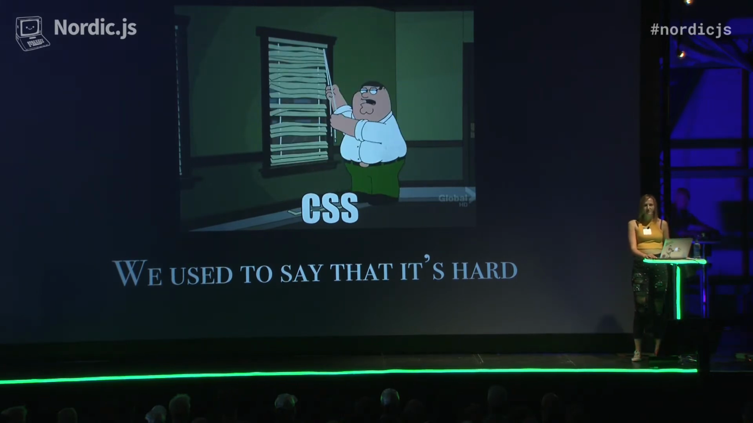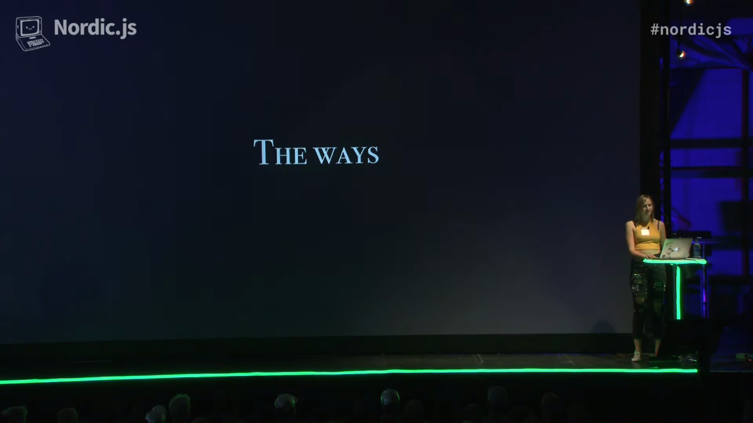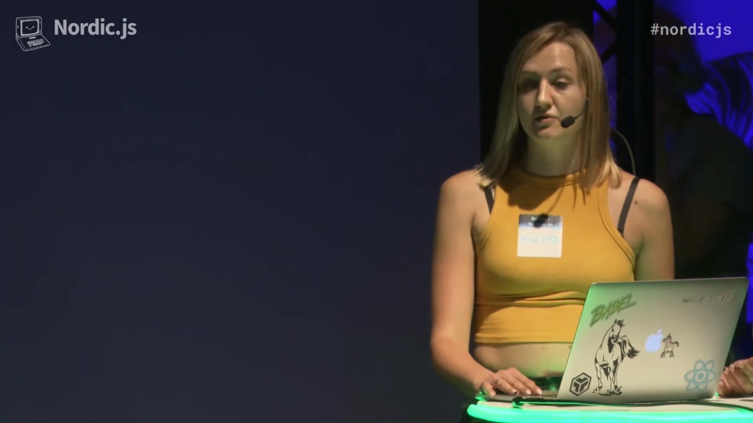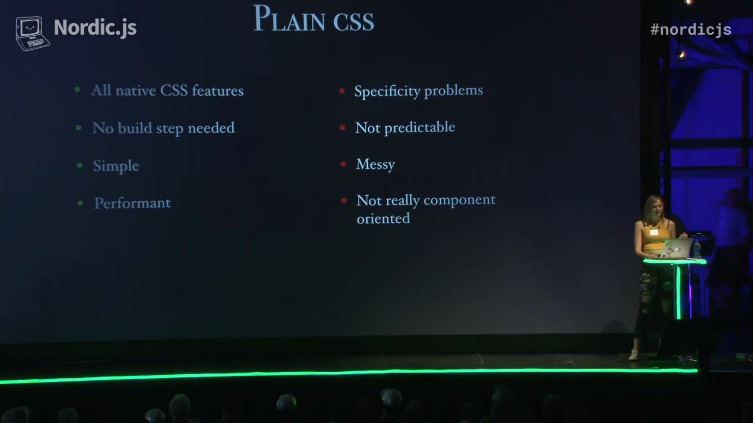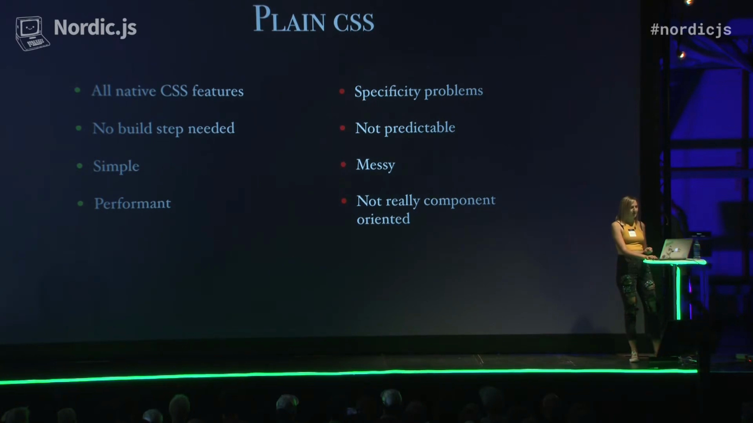And when it comes to React, we have few ways to manage our styles, our styling. So first, and still doable, is to use just plain CSS. That's fine. People do it all the time. What can I say? It has some pros and cons. Of course, we have all native features of CSS because it's just CSS. There's no build step. It's just simple and performant. But